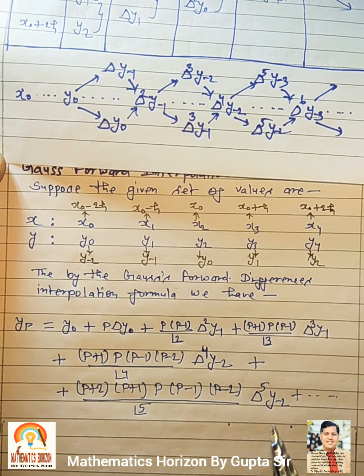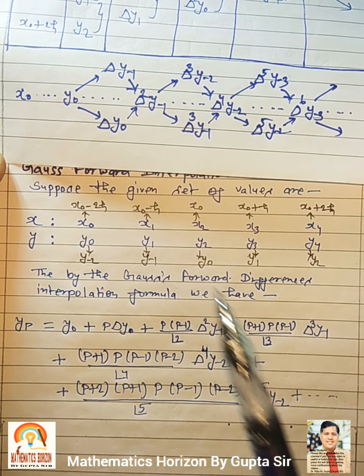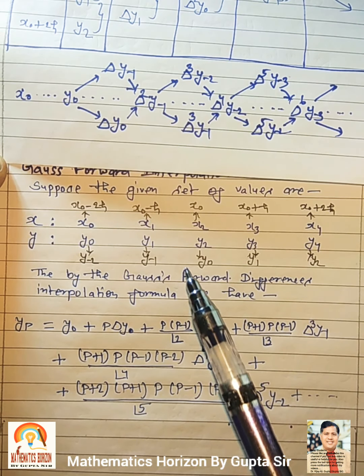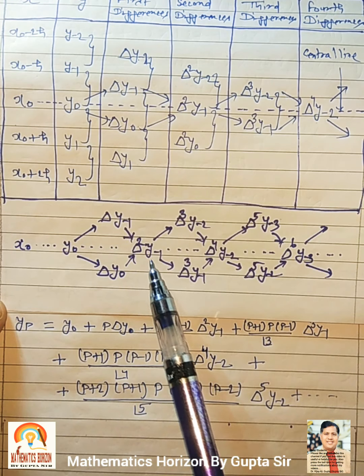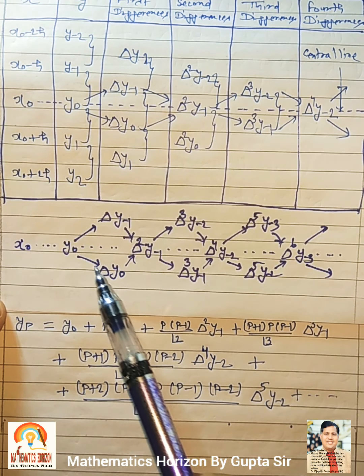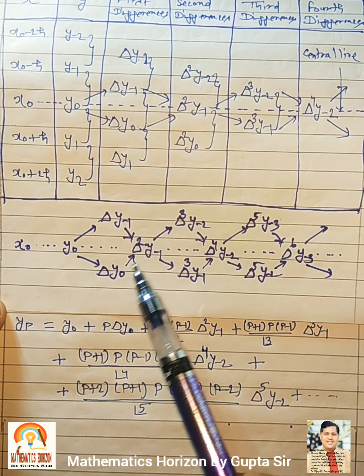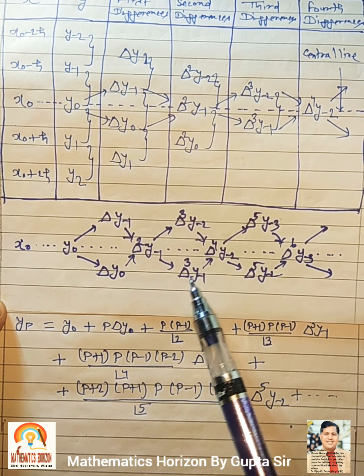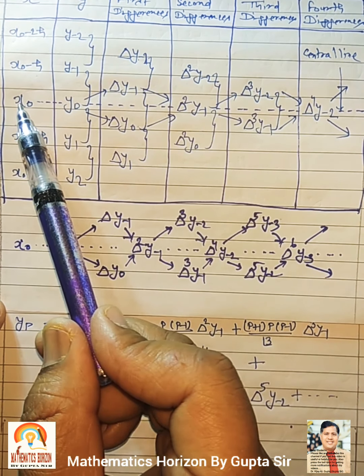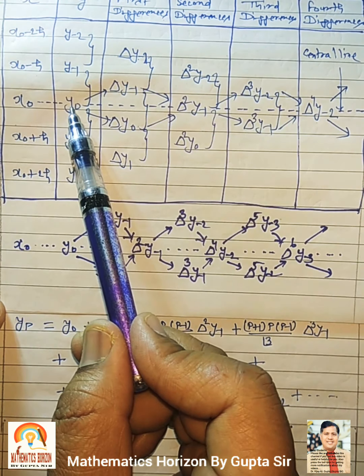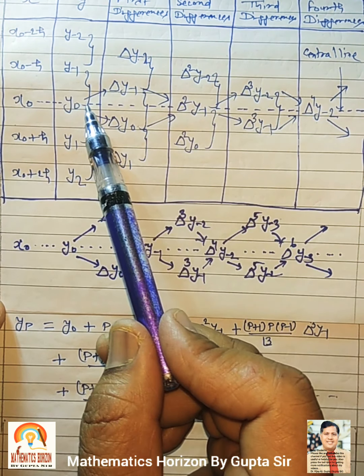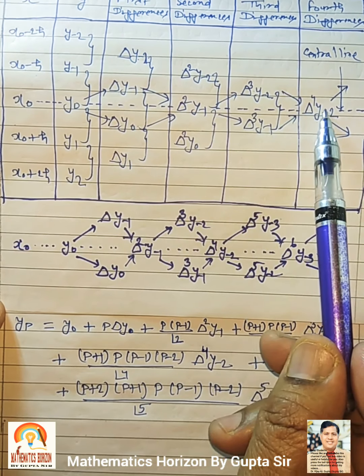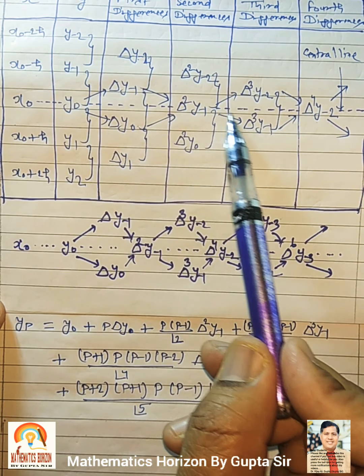Okay, if we have to choose the values, if there is confusion between these terms, what will be del y0, del square y minus 1, del cube, just choose this x0, in front of that is y0, you choose these values. You can choose the values from this location. You can directly apply the formula.